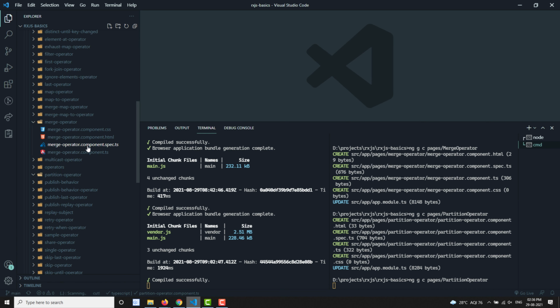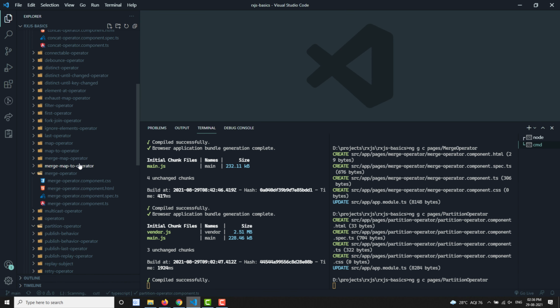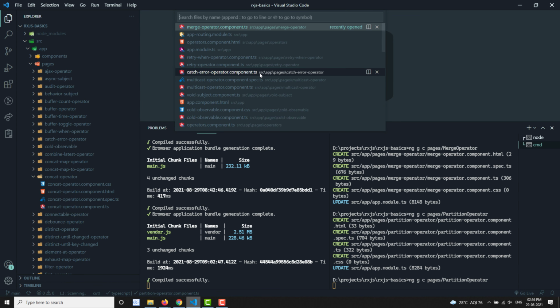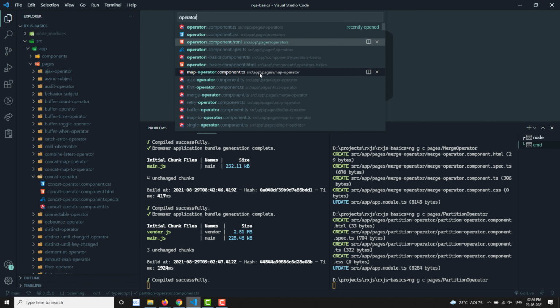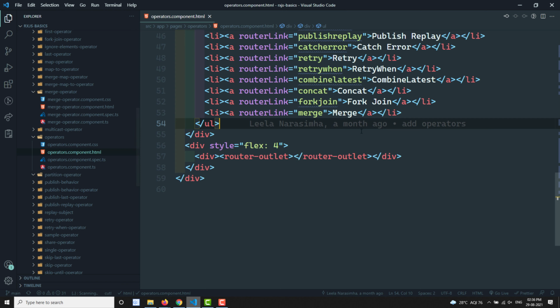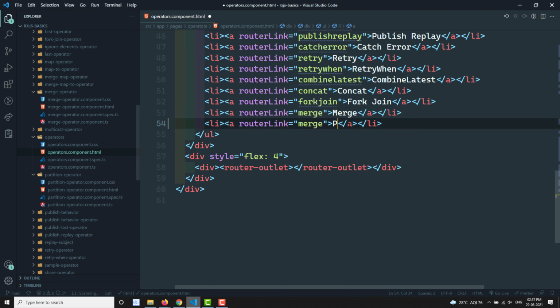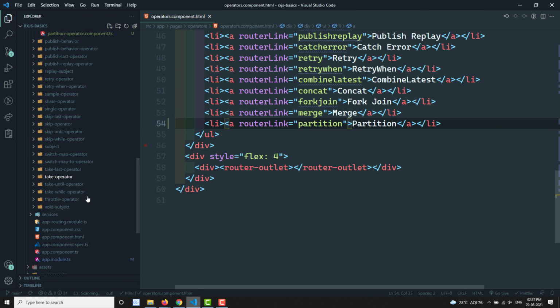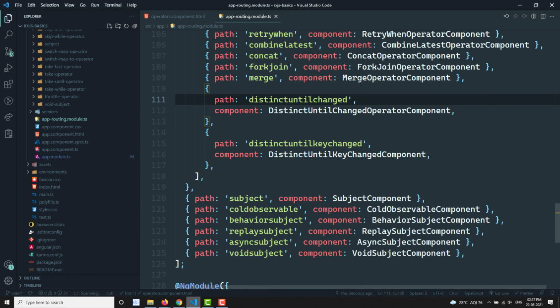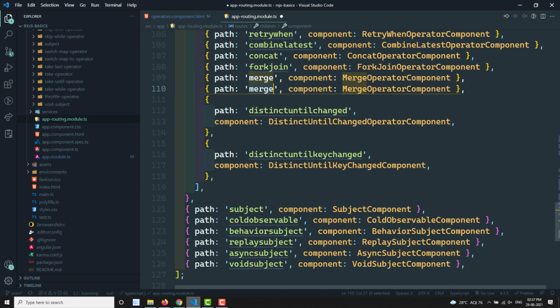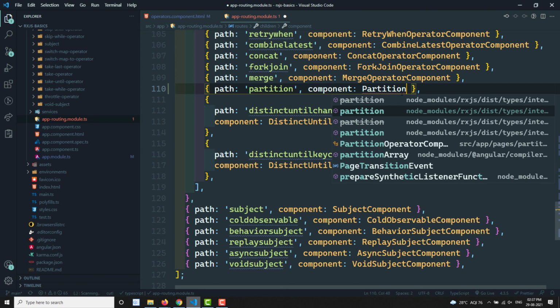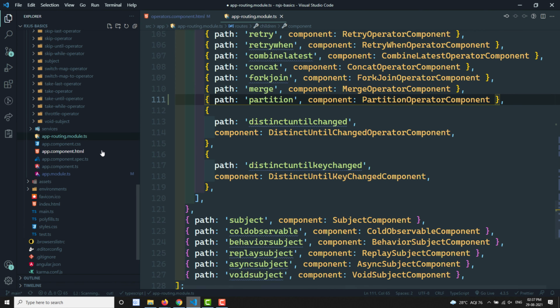Let's open the operators.html file, and in this one I will create a routing link partition. Then let's go to the app routing module, and in this one I am adding partition, and here I will be adding the partition operator component. Okay, let's go to the partition operator component.